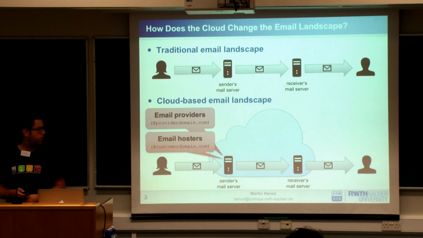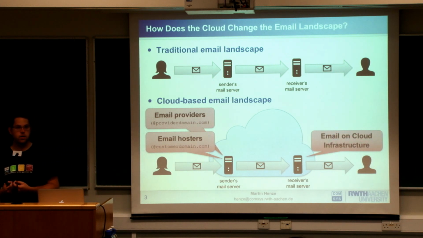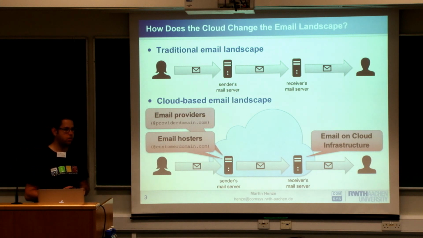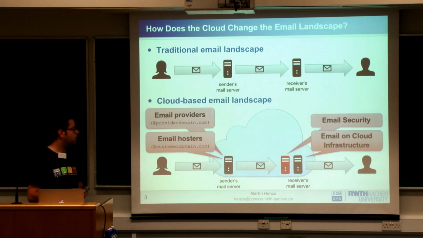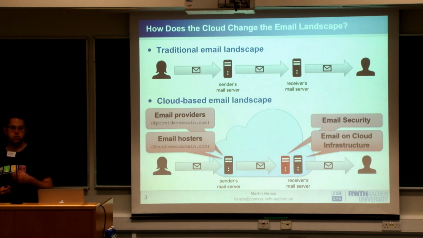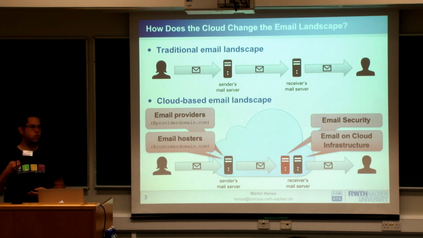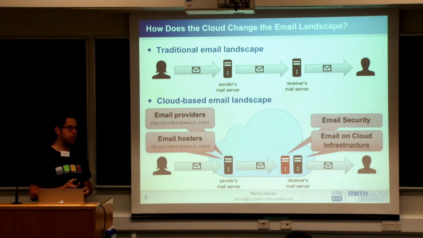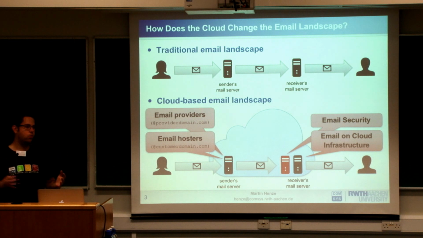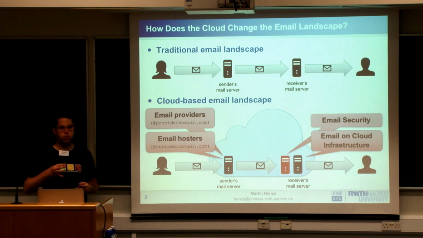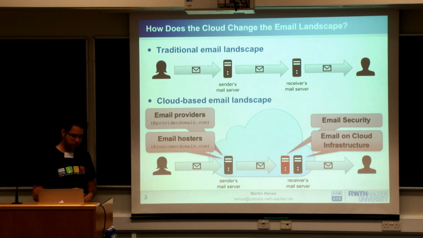What we also noticed is that email is operated on cloud infrastructure. That is, people are renting virtual machines from Amazon or Microsoft and running a mail server there. Also, there are some email security offers, for example, spam protection or DDoS protection. So you would actually configure your host name in the DNS system to use that mail server. That mail server is kind of a firewall for all incoming emails, and will then forward all emails that are benign to your actual mail server.